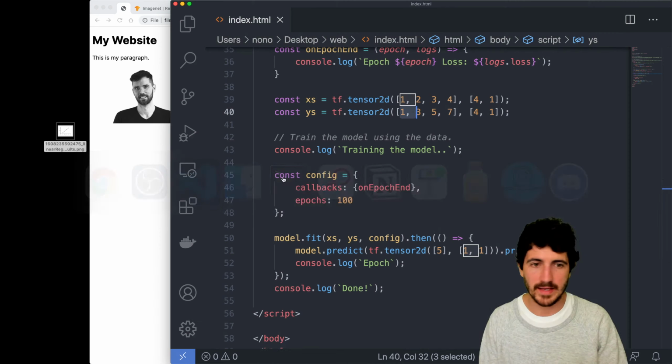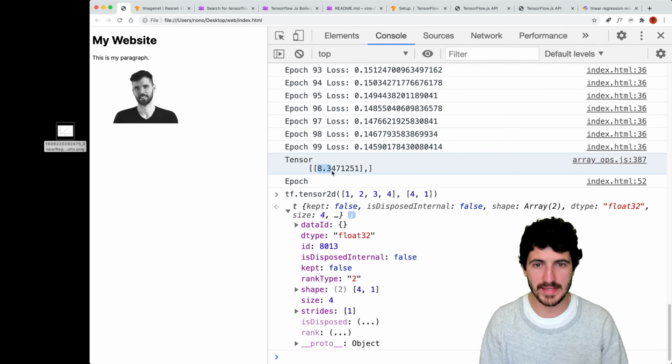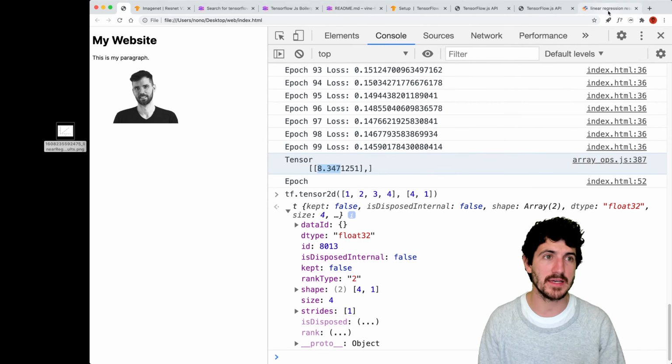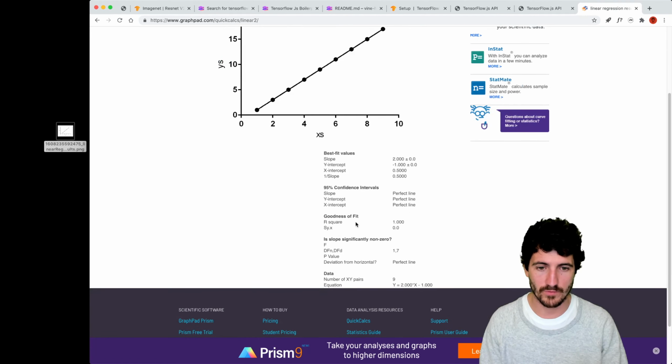And we can get here, right? Like we get the prediction for number 5, and we get 8.34, while we were saying that it should really be for 5, it should be 9, right? So it's getting closer. So one thing we can do is that at every single epoch that we train, we could print the result. So we could put that in here. So we predict every single epoch,